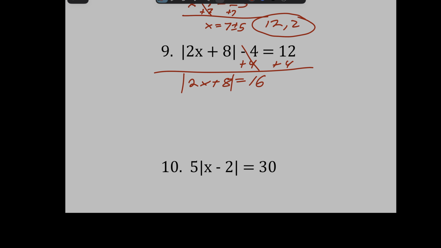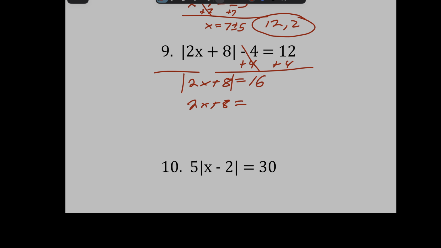Boom, and I'm going to get the absolute value of 2x plus 8 equals 16. Oop, got to keep that absolute value there, right? So now, if I take the absolute value out, which I am totally allowed to do now because it's all alone, all by itself, I'm going to write 2x plus 8 equals